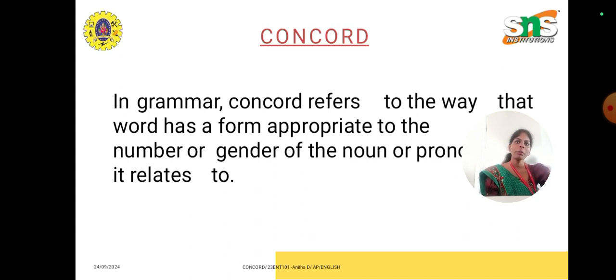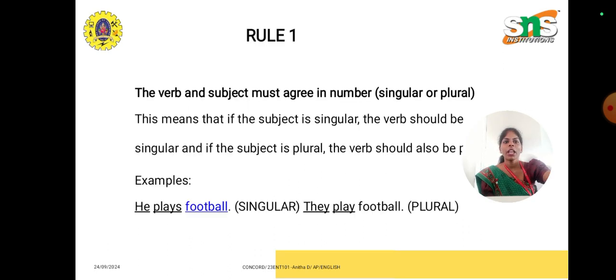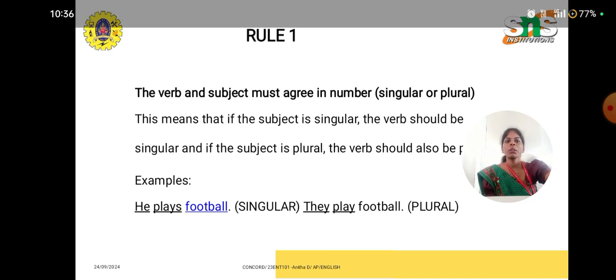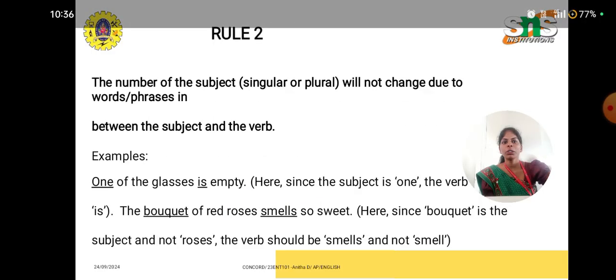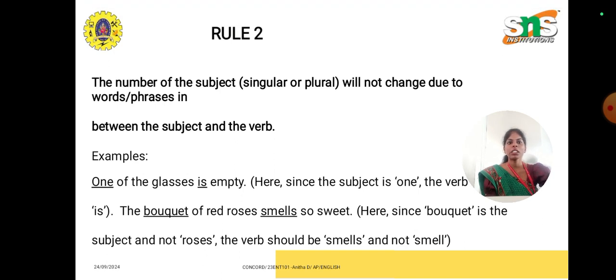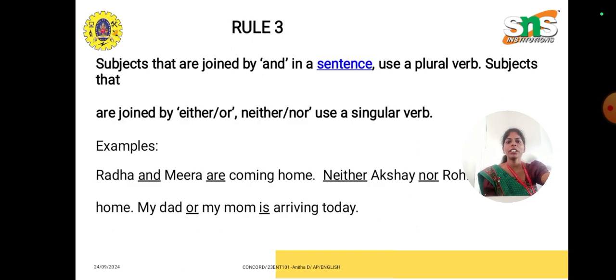Let's understand the basic rules of subject verb agreement. First, I am not going to give you examples. I'll just tell you what the first rule is. The verb and the subject must agree in number, whether it is singular or plural. Rule number two is the number of the subject will not change due to the word phrases in between the subject and the verb. Rule number three is subjects that are joined by